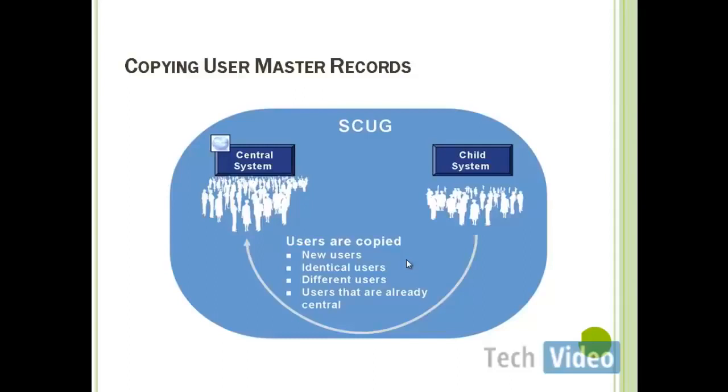If an identified user which is available in the child system is not available in the central system, then it will create a new user in the central system. Let's say we have a user which already exists in the central system, so based on the first name and last name combination we need to identify these users, and otherwise we need to create a new user ID for one of these users, meaning that we need to reconcile this type of inconsistency if at all it exists.